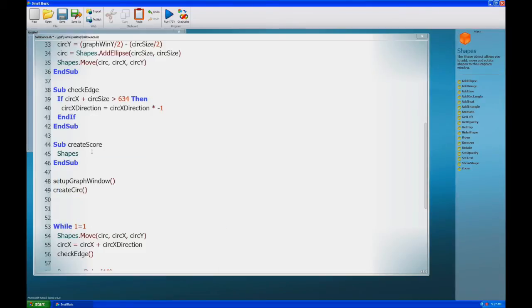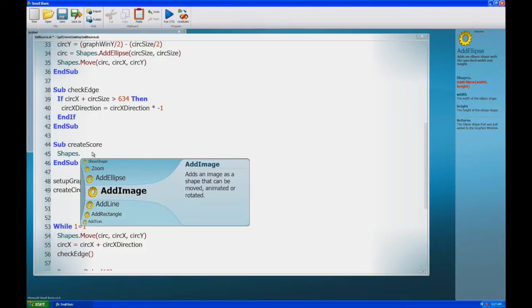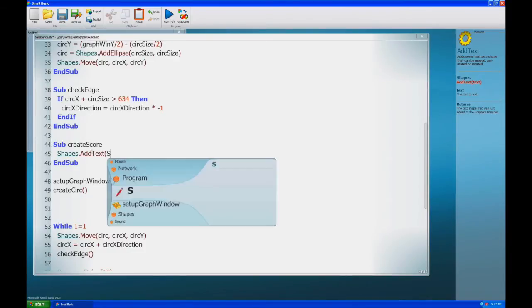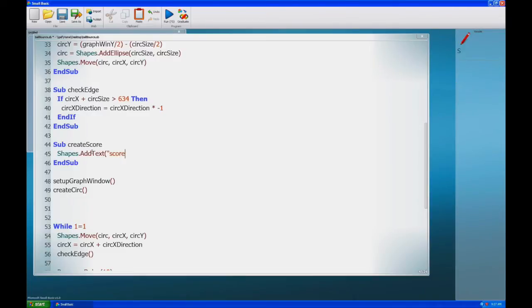So we're going to use our shapes tool, dot. Now we just want to add some text. Let's hope there's something in here for that. Oh yeah, add text. Add some text as a shape that can be moved, animated or rotated. Brilliant. So we can add text, and I'm going to say the text we'd like to add would be score equals, and then let's just say plus